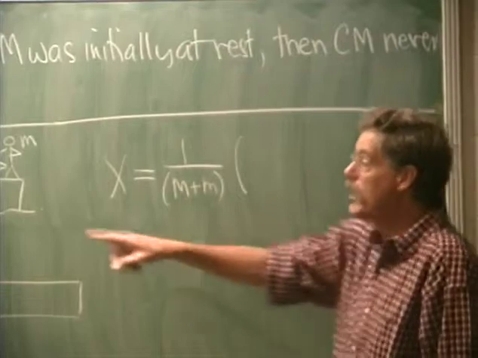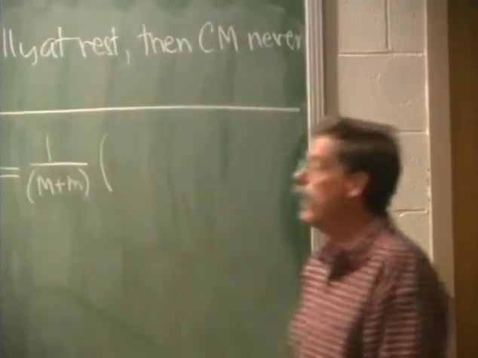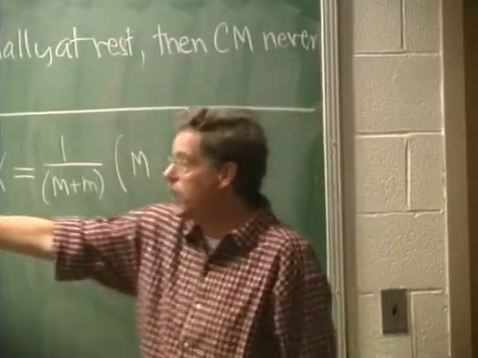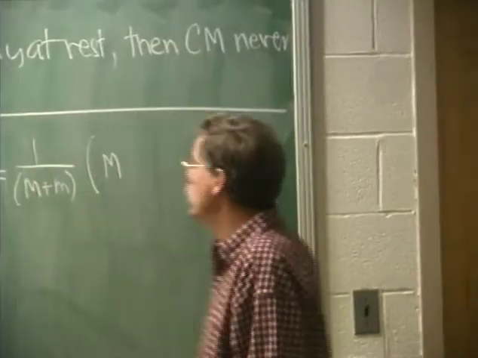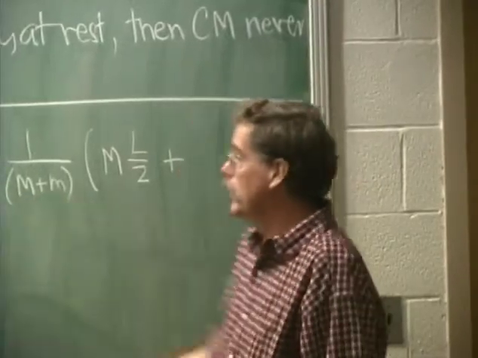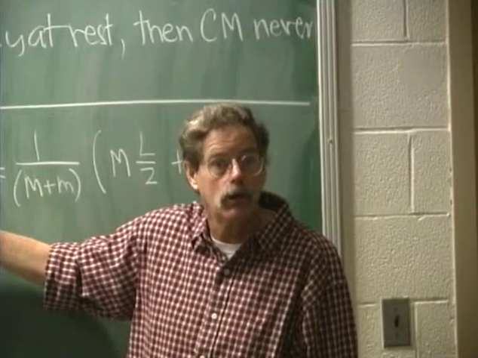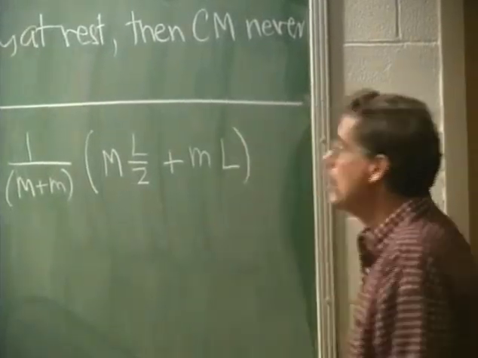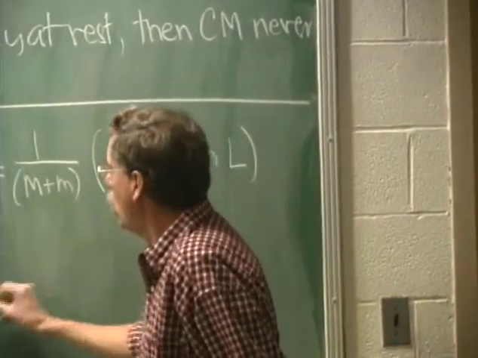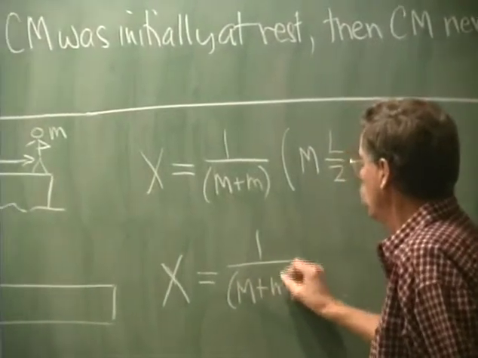What is the center of mass now relative to the dock? Let's measure x over from the dock. Well, I've got the boat, mass capital M, and its center is at position L over 2. And I've got me at the back of the boat, and my position is L. So that was the original center of mass. In this configuration down here, what was the center of mass? Over the total mass times,